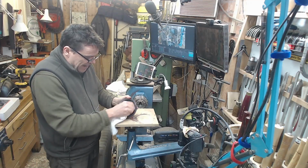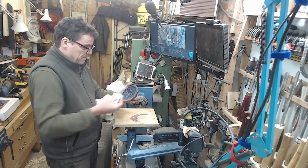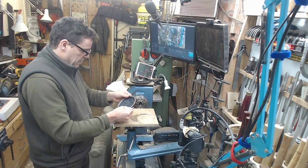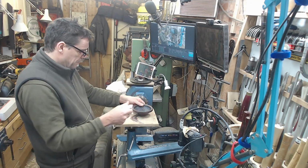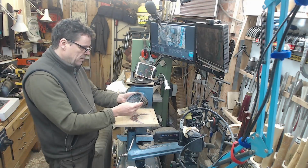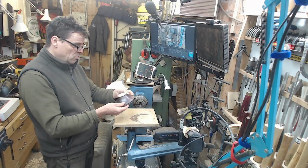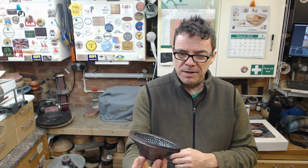Now inside here, just going to give it a bit of a rub. It's going to catch the high spots, getting rid of some of the dust in there as well, taking a little bit of the colour off, not a huge amount. There we go. Now it's not normal that I would cover all of the wood. Technically I haven't, but to all intents and purposes I have, and I have to say I'm quite pleased